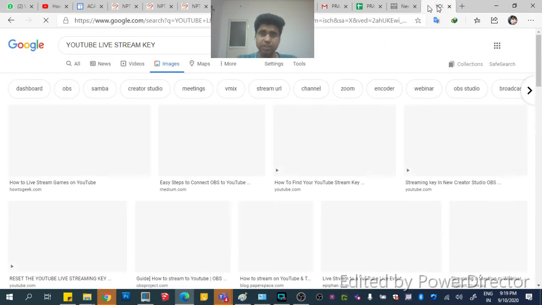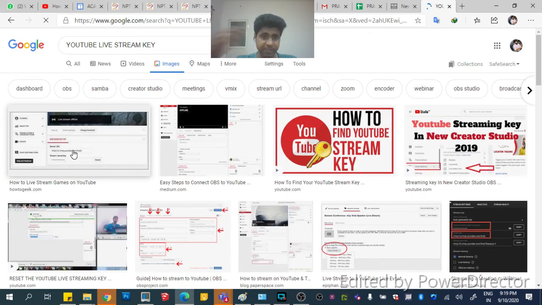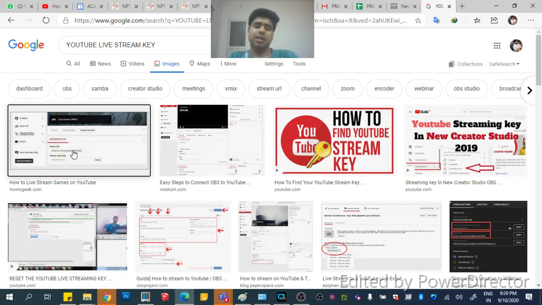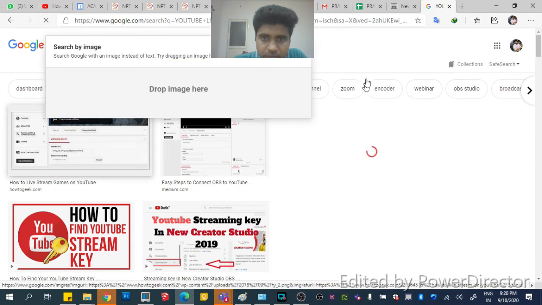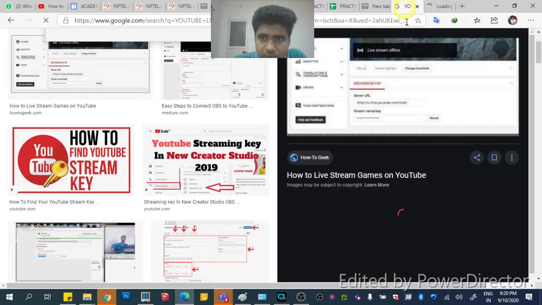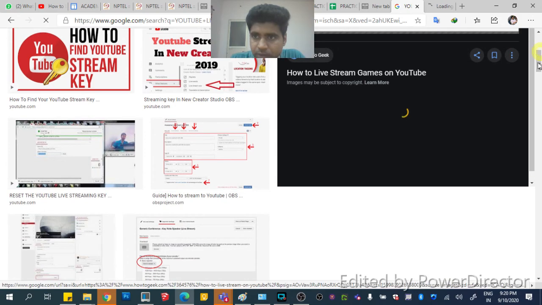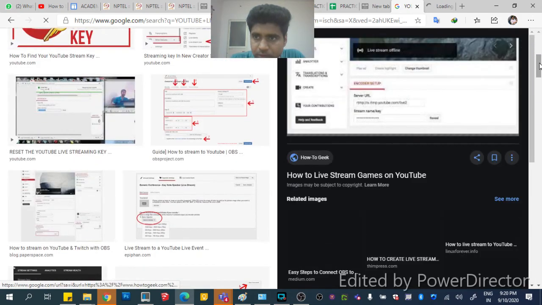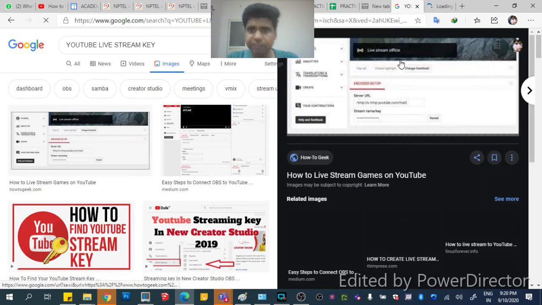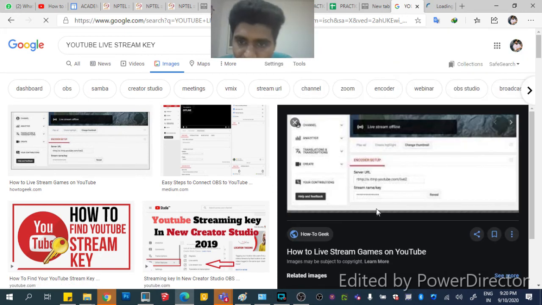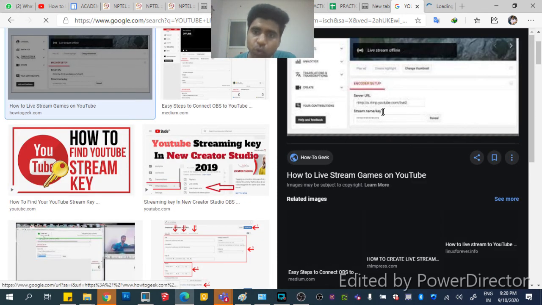That's why I'm searching for an internet picture to show where the key is. If you go down to your live menu, in the bottom under the server URL,